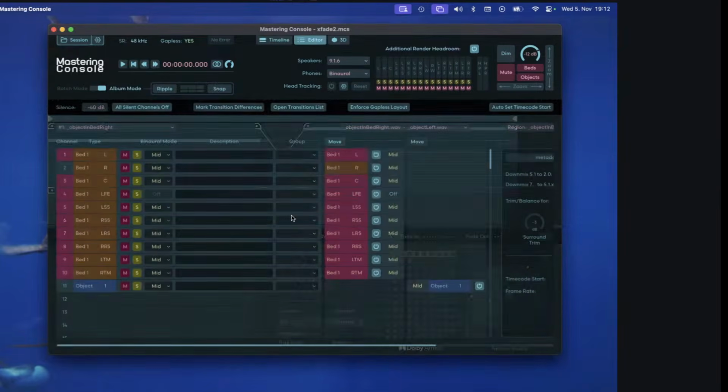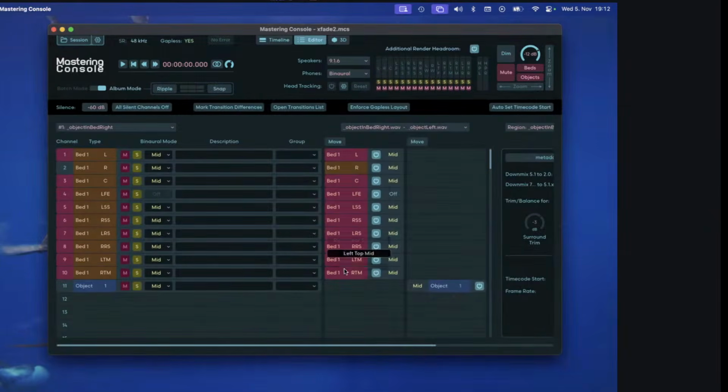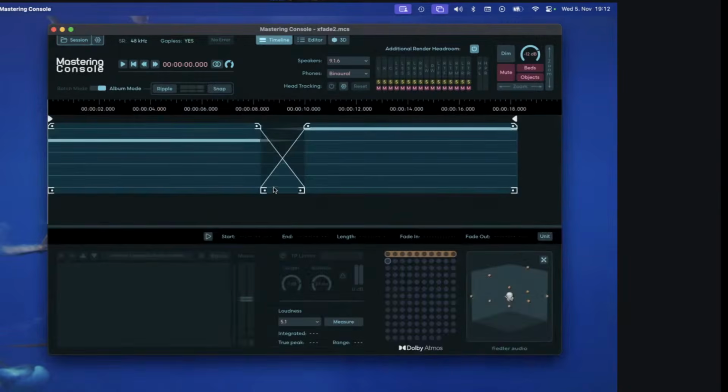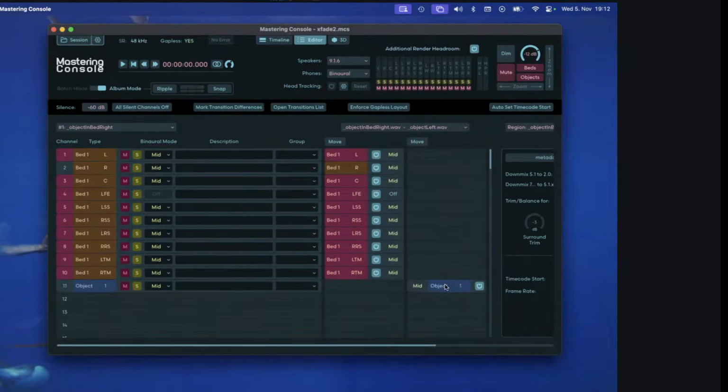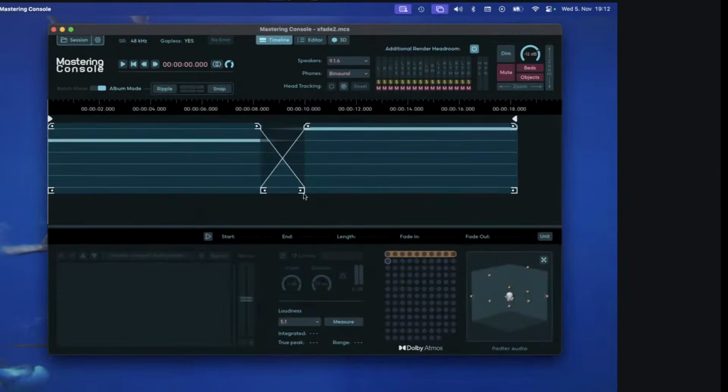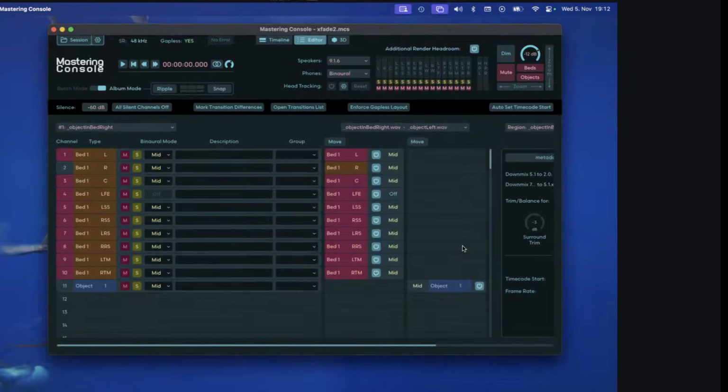When we switch over to the editor, we can see we have the bed in channels 1 to 10, and we have the object in channel 11. If we hit play now, the bed of the first clip will be faded to silence, and the object of the second clip will be faded in from silence to the point where it has full sound. That's not very interesting, because actually nothing is crossfaded, so to speak. It works sonically like a crossfade, but since these channels are completely independent from each other, there is nothing fancy